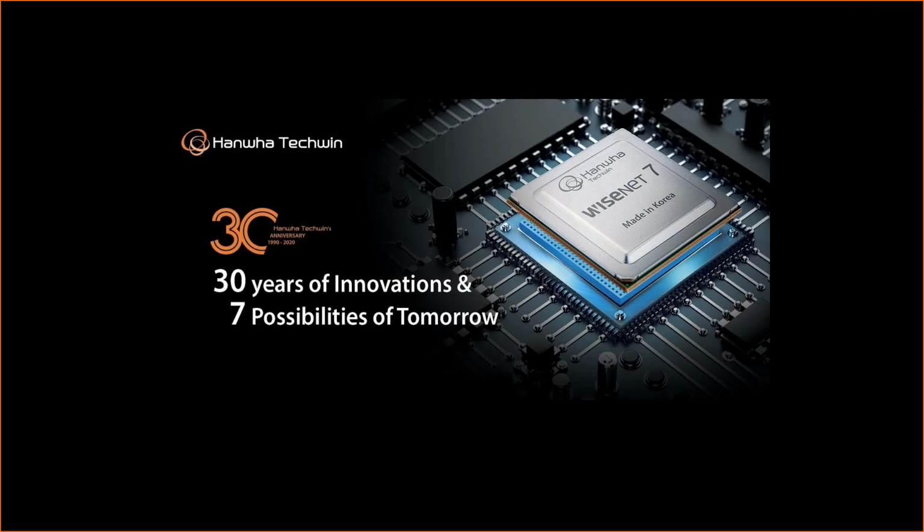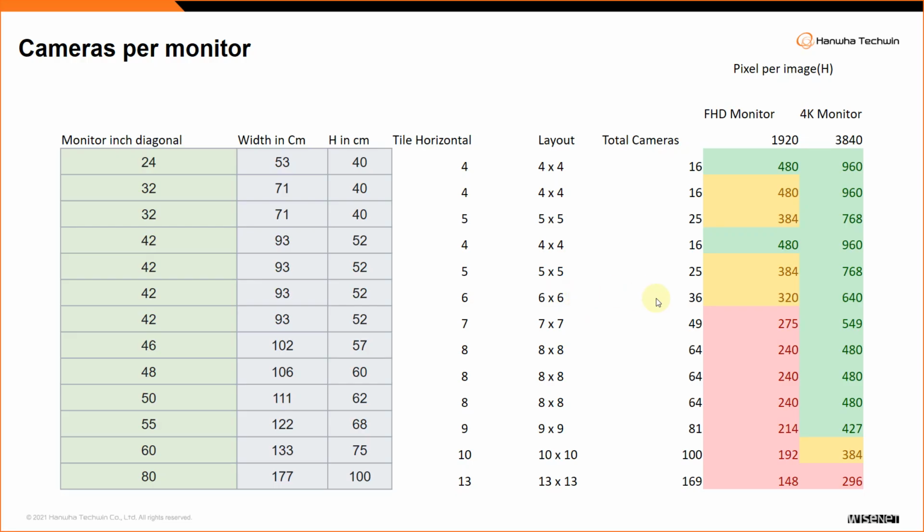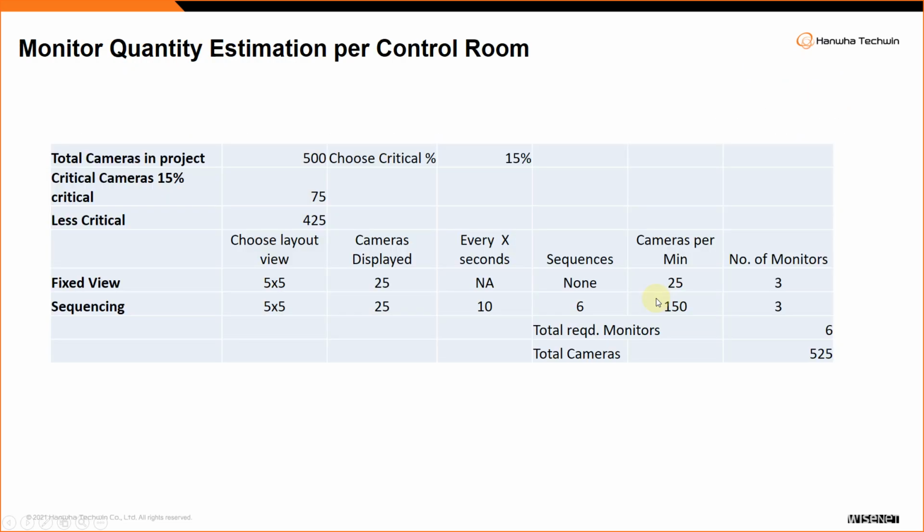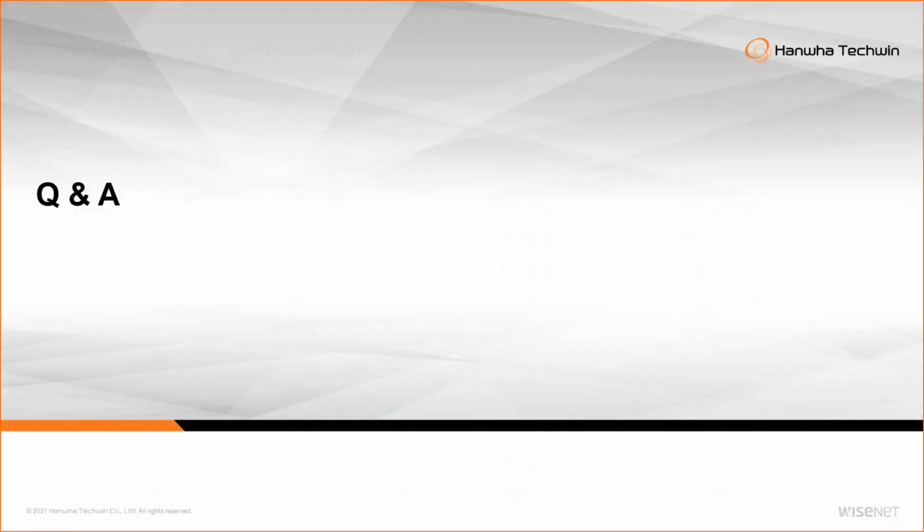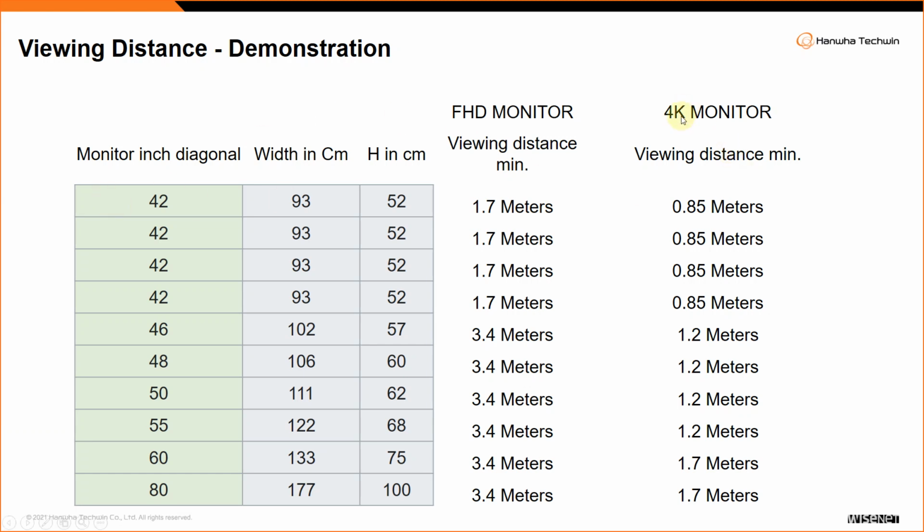So this is why whenever you have higher resolution monitors, well, that's why it's not yet very commonly used in control rooms, the viewing distance will be reduced. You have to go closer to see. When you have a 4K monitor in 42 inch, you have to be actually less than 1 meter in front of the monitor to see what's going on. It makes it difficult to differentiate between pixels, differentiate between an incident and a non-incident. All right. That's why the higher the resolution, the closer the distance. The closer distance is difficult because of too much strain on the eye and he cannot see more monitors. That's why full HD is still quite commonly used.